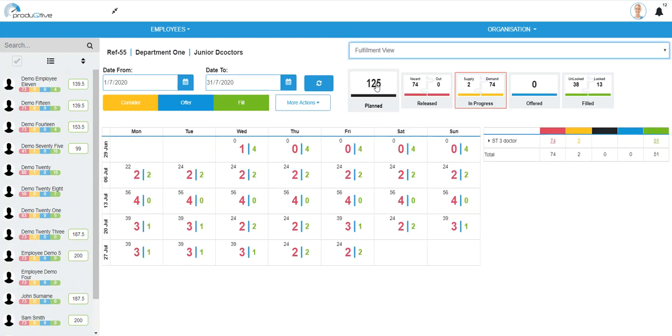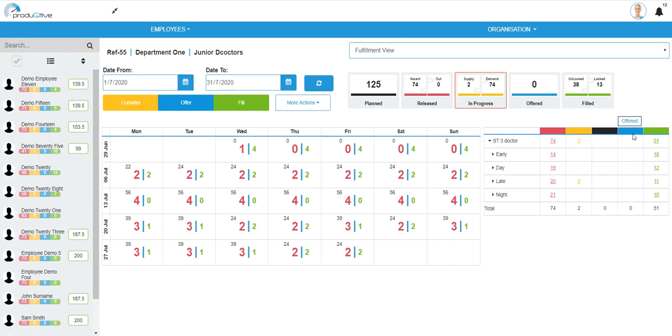Another view that we have that you could use to fill shifts is the fulfillment view. The difference is it displays all the shifts by balance in a grid format. So if you have an 8 or 10 week roster that you need to fill, it will be displayed in this format. It's also nice and big, so if you use a tablet or a phone, it's great for tapping into a cell instead of clicking, with the filters on the right hand side with the different statuses,